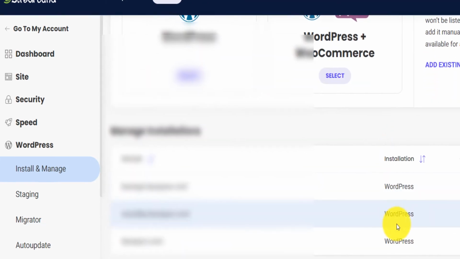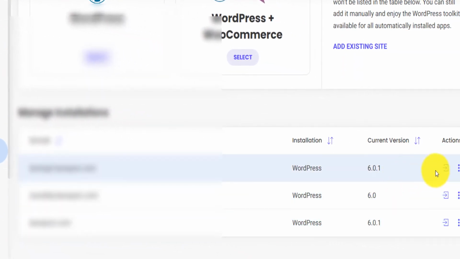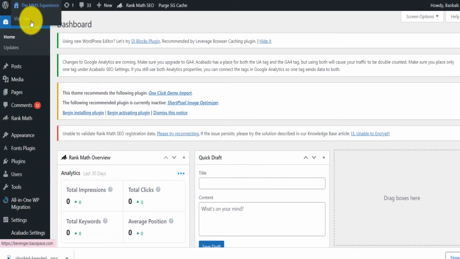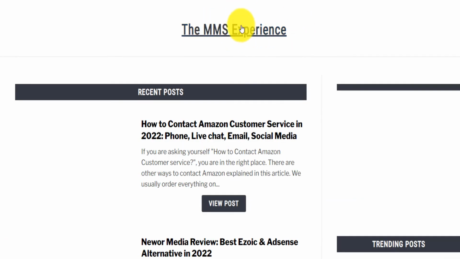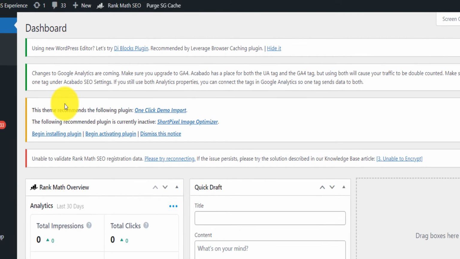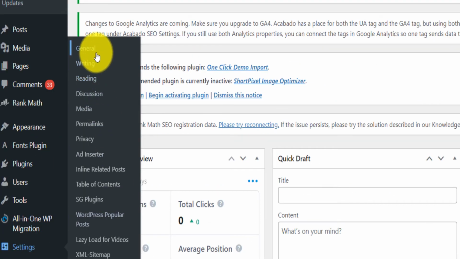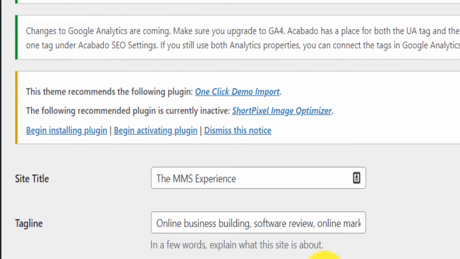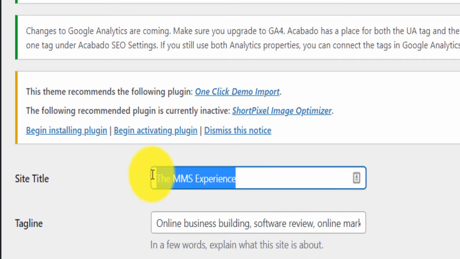WordPress, install and manage. And on this subdomain, I'm just going to click on login to admin. Again, this is the login usually for subdomains. Here it says I'm going to reopen. I can change now this name if I wanted to create a new website just with the structure of the old one, right? I can just go to settings, general, and then call this, for example, test